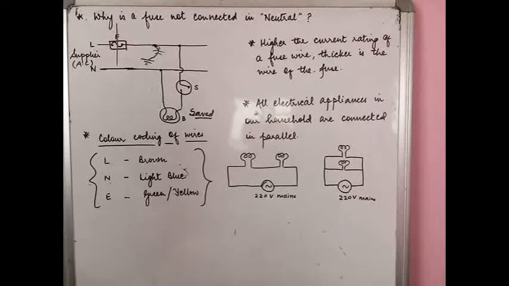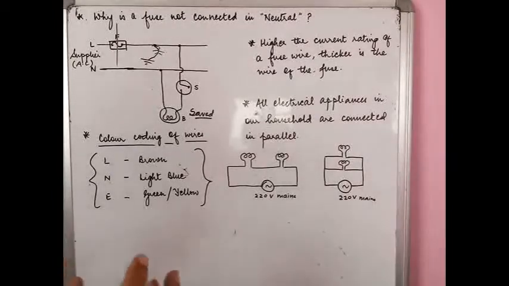For example, a fuse for a refrigerator and a fuse for an AC will have different ratings. A fuse for an AC will probably have a 20 ampere rating. Similarly for a geyser, it will be around 7 amperes. For a bulb it may be different. So the current rating defines how much current can be allowed through a fuse wire without the wire getting melted.